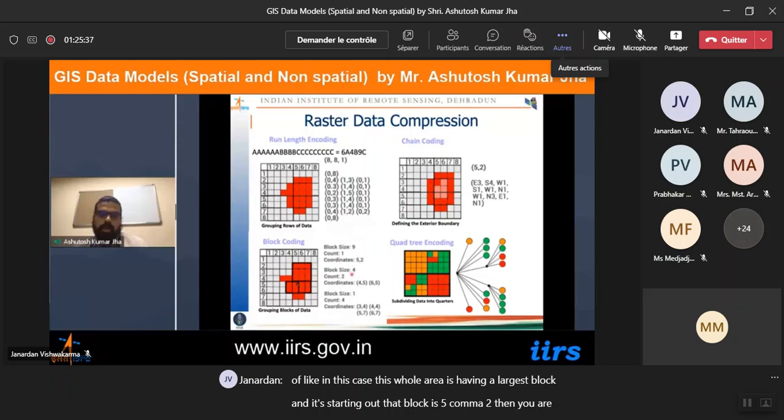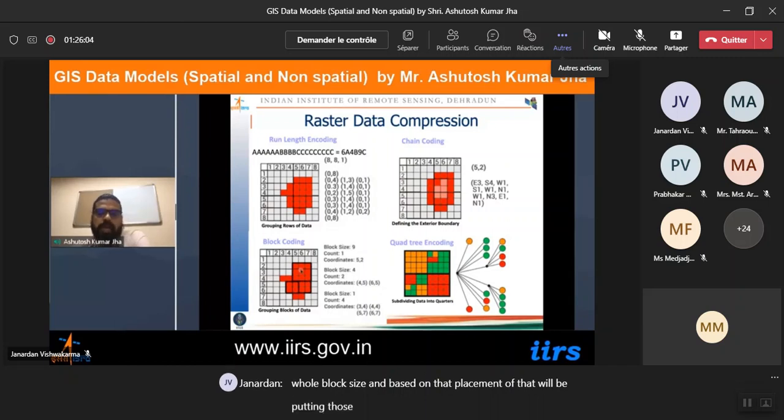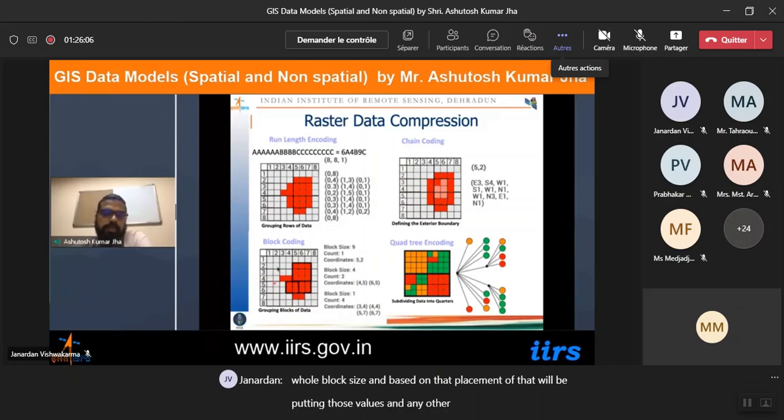Then we have a block size of 4, so it means these two blocks are there. There are two block sizes of 4 and their corresponding starting points, which are represented here. Similarly, the left-over blocks. If you want to reconstruct this whole data set, you can read the block sizes, and based on the placement you put those values, and in any other places you simply put null values to reconstruct